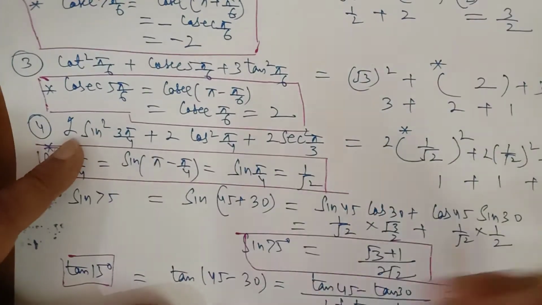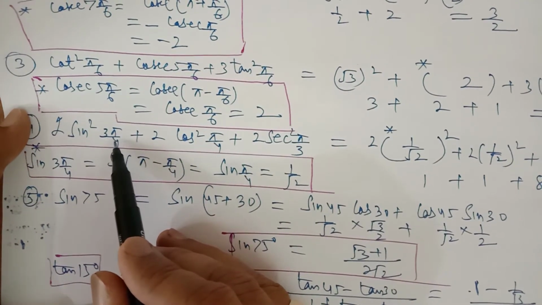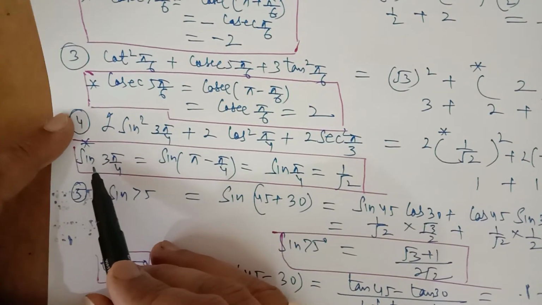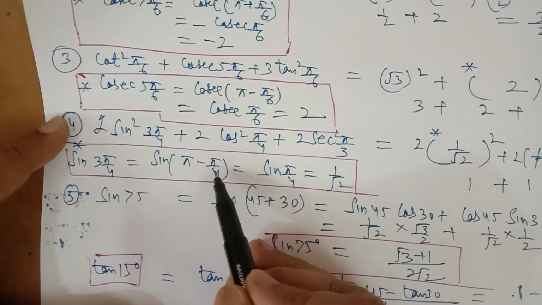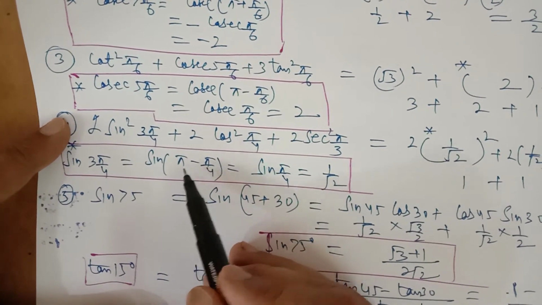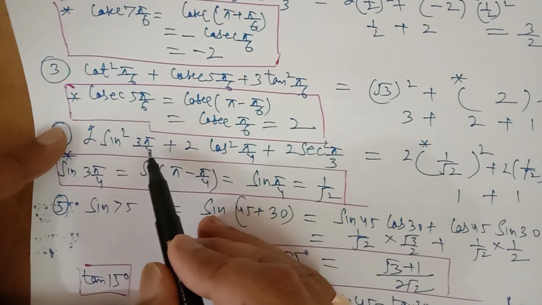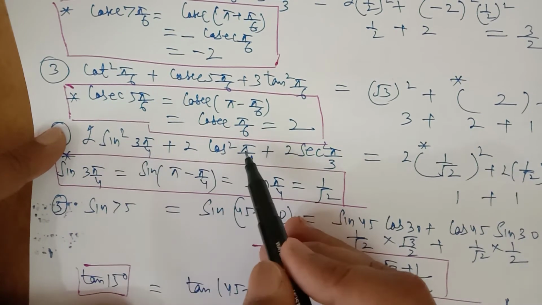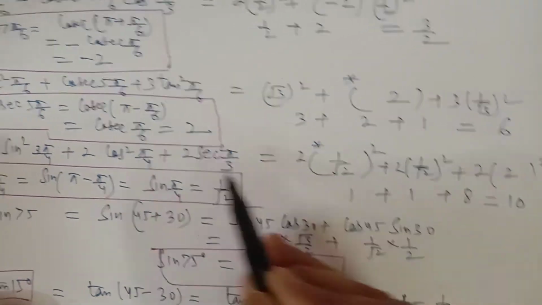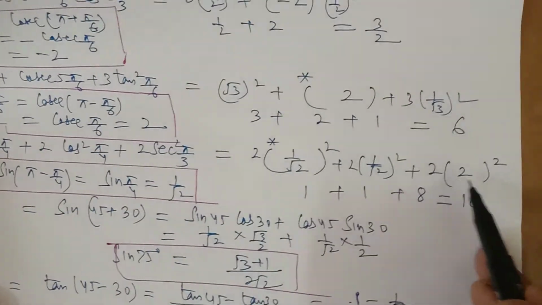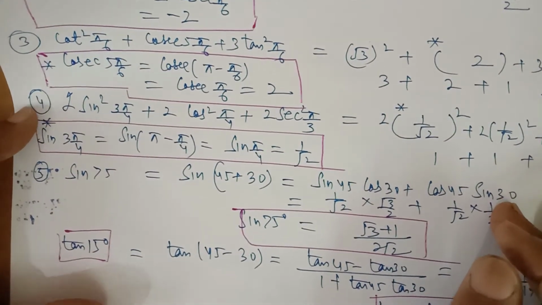Similarly, in question number 4, sine square 3 pi by 4, which is a 135 degree angle, we do not know it directly, so you have to find it out separately. Sine 3 pi by 4 means 135. 135 means 180 minus 45. It is in the second quadrant. In the second quadrant, sine is positive, so it comes out to be 1 upon root 2. So replace the value of sine 135 as 1 upon root 2, cos 45 as 1 upon root 2, sec 60 is equal to 2, and the square is there to find the square of these terms. So like this you can find the value of any expression.